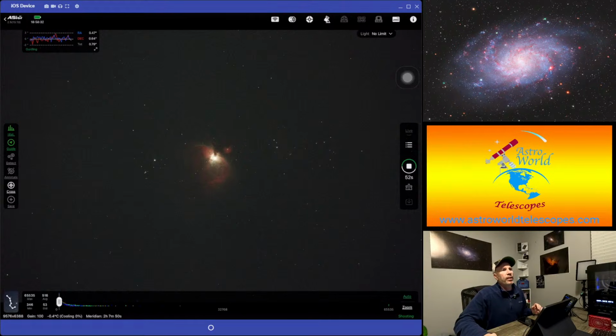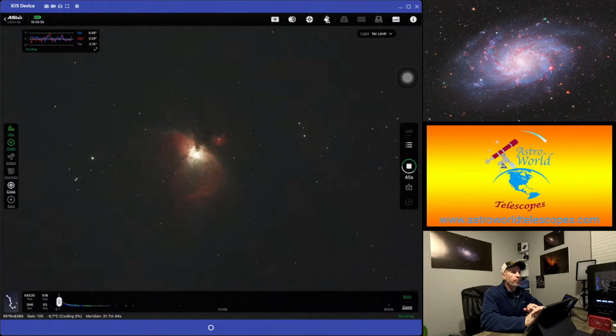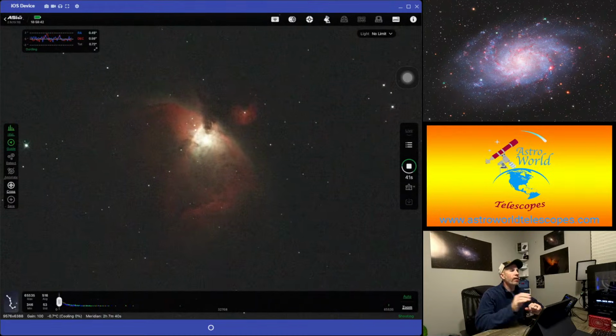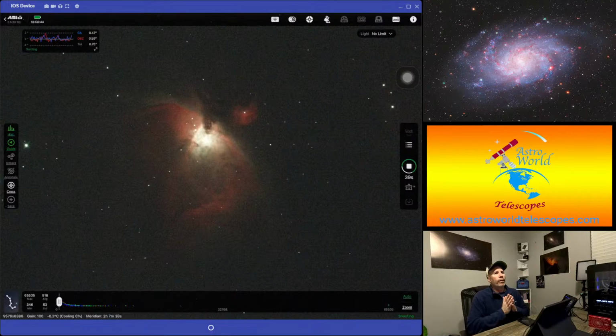We got 52 more seconds left, and then that 2-minute image will appear on the screen. So we can zoom this in a little bit. And now keep in mind that we are using Omegon's H2. It's a brand new fast telescope. It's a speed of f/2.72, and in the realms of Newtonian telescopes and fast telescopes, it's one of the fastest